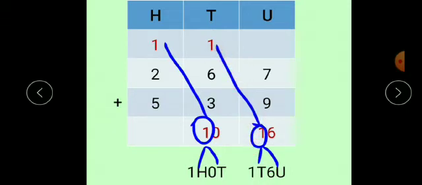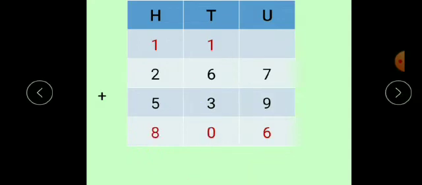Now, start doing addition in the tens place. 6 plus 3, 9. 9 plus 1, we get 10. Again, a two digit number is there. So, 10 tens means nothing but 1h and 0t. So, move this 1 to the hundreds place. 5 plus 2, 7. 7 plus this carried forward 1, so you will get the answer 8. So, 267 plus 539 is equal to 806.